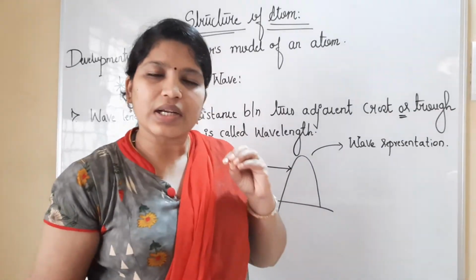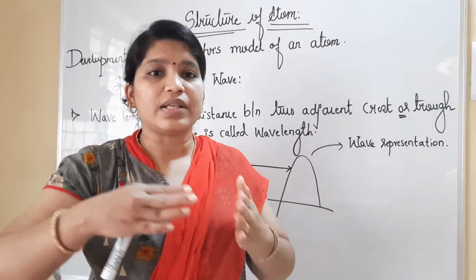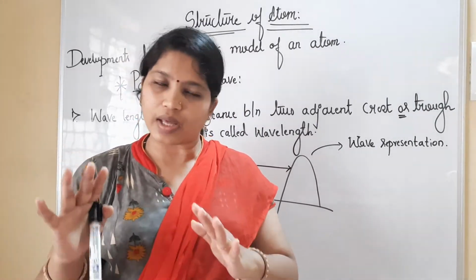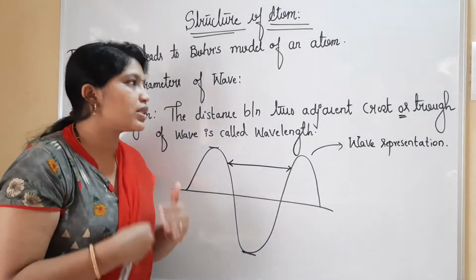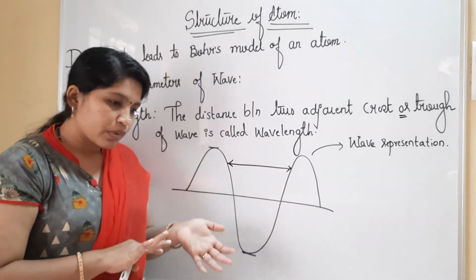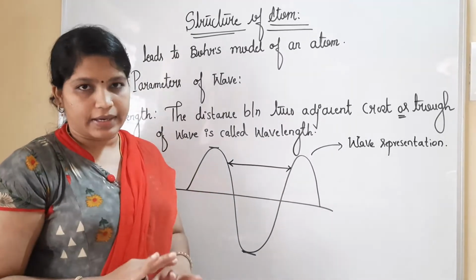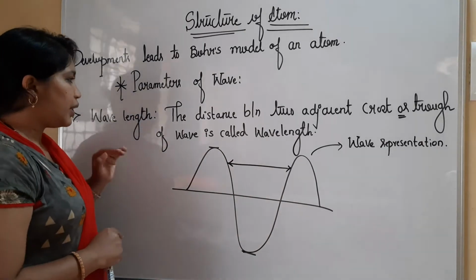We can generally tell wave is a kind of form of energy, how exactly it is flowing. Okay. Now we will start with the parameters to be studied before we go with the actual part of experimental data. Now, very first I'll explain you regarding the wavelength.